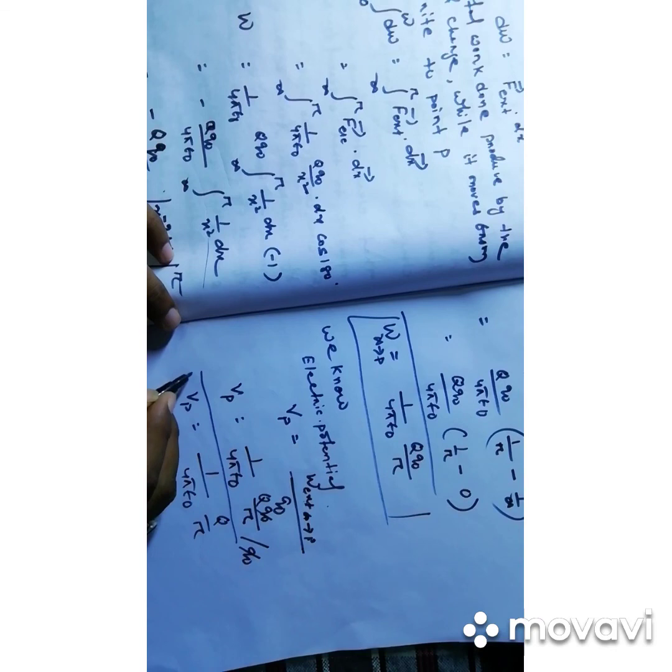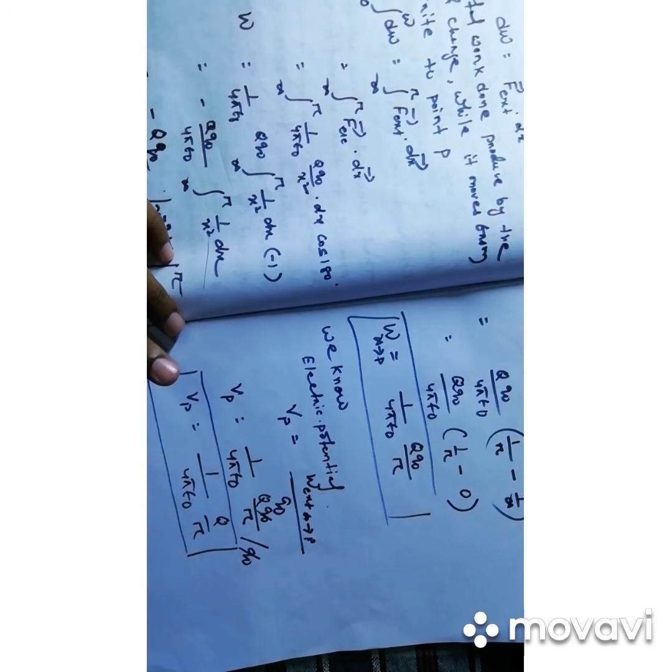So this is the potential at point P due to a point charge. Here the potential is inversely proportional to R. If the distance between point P and the point charge increases, then the potential at point P decreases, because the potential at point P always depends upon R. If it increases, then the potential decreases. If it decreases, the potential increases. Clear? That is all about electric potential due to a point charge.